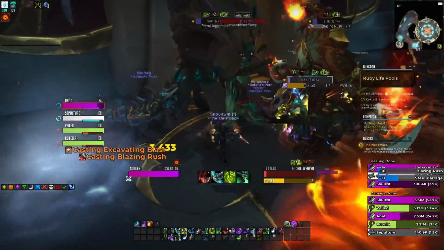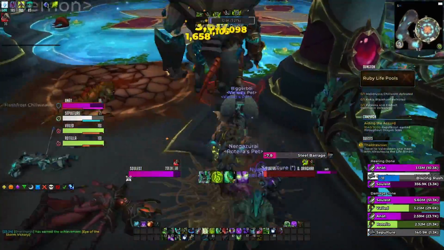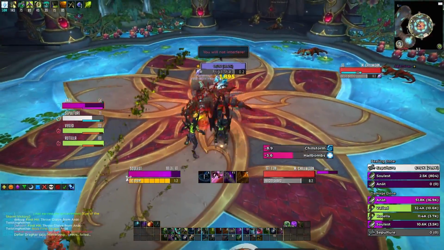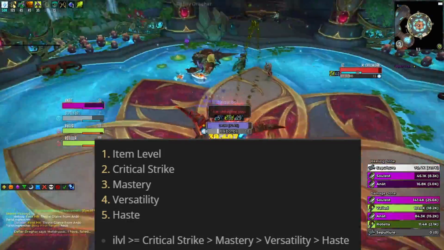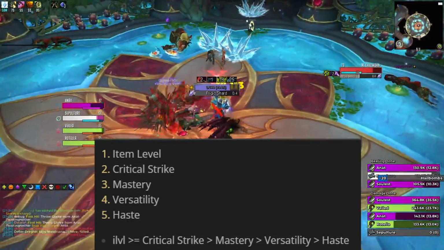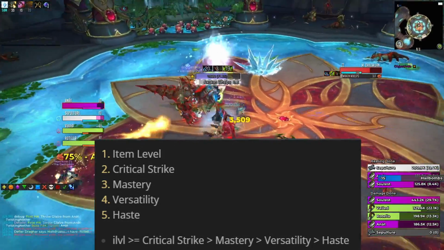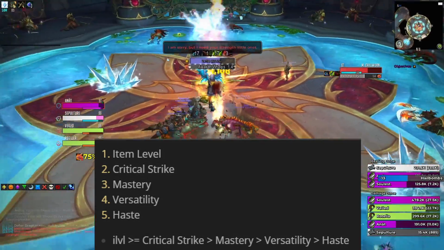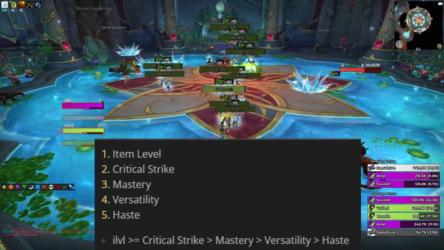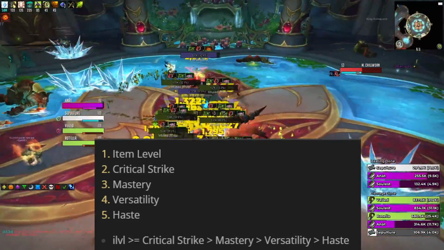Okay, so first up, we're going to talk about your stat priority and how this differs between Mythic dungeons and raiding. You will have two different ones here. So for Mythic plus dungeons, you're going to be focusing on item level above all else. Demon Hunter works a little bit differently to most other classes, but item level is king here. Then we're going to go into critical strike as your next one because it scales incredibly well with Know Your Enemy and Rage Fire. Then we're going to go into mastery, versatility, and then finally haste in that order. So at the top of your screen, it's going to be item level, crit, mastery, vers, and haste for Mythic